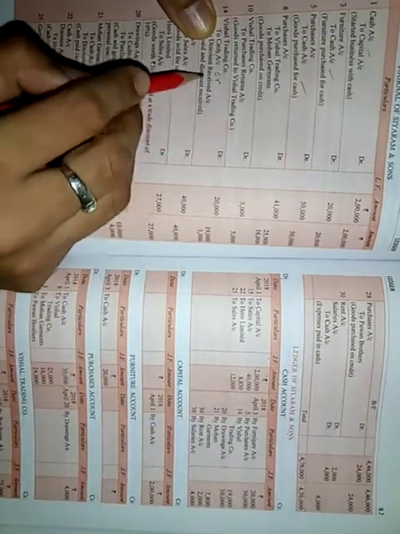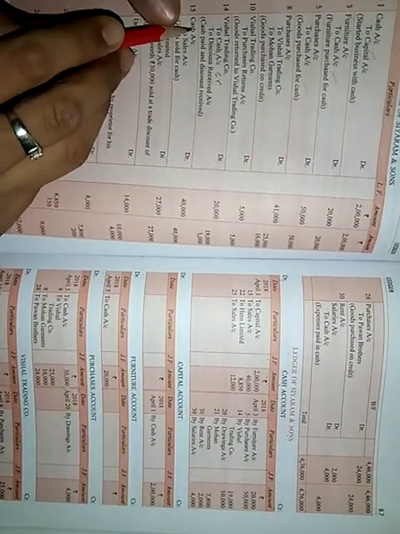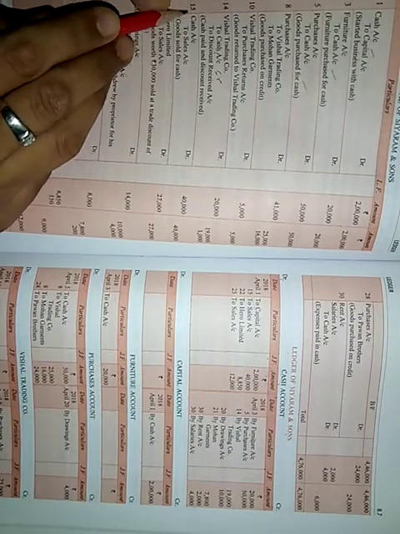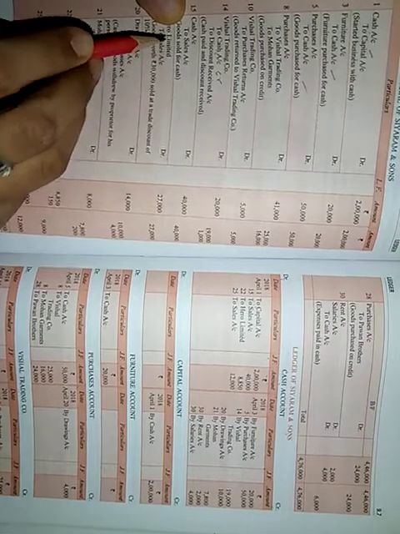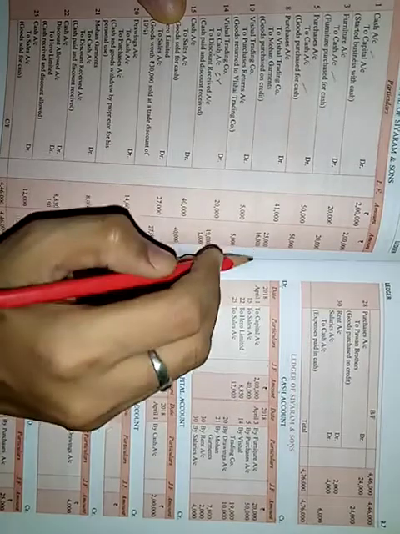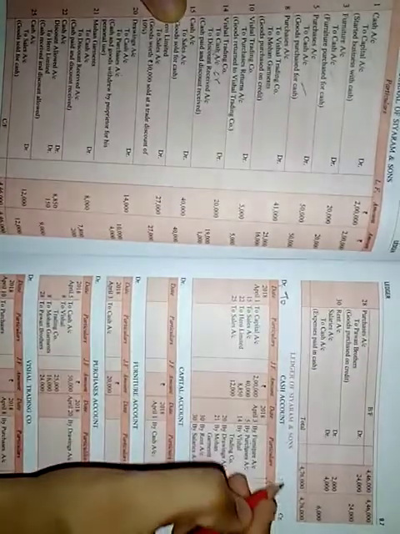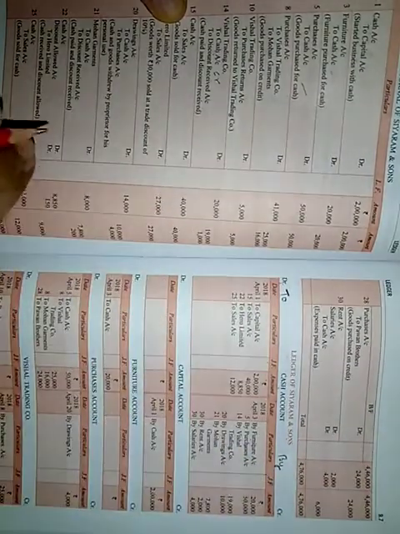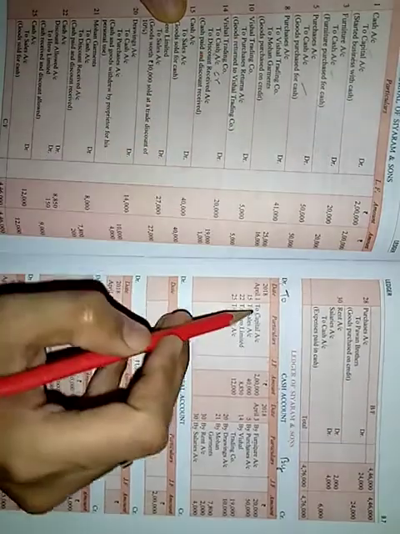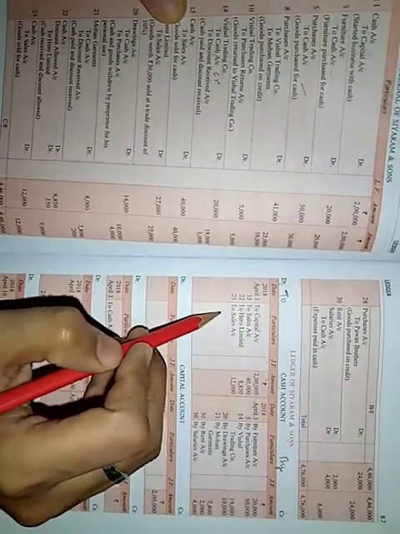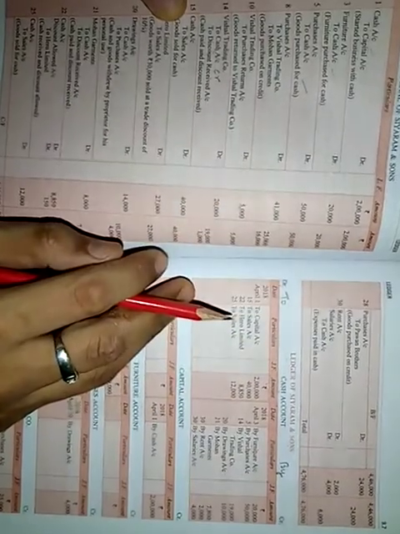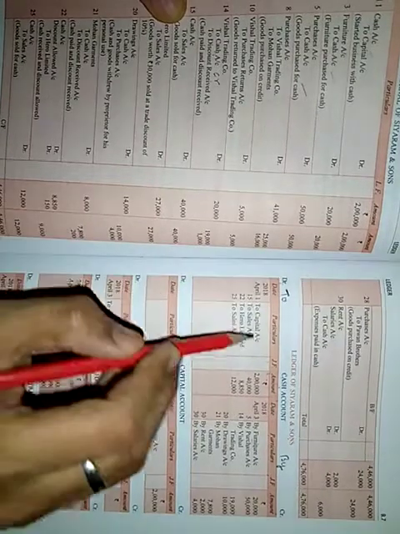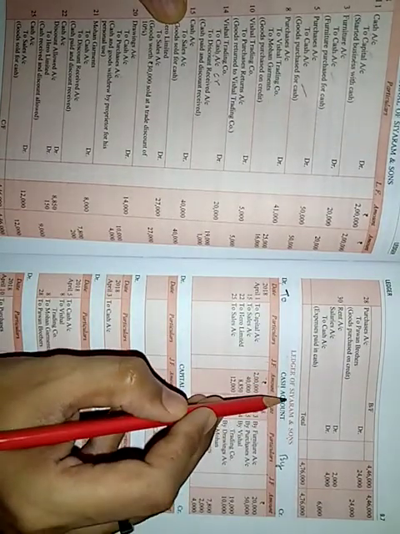Okay, so again we will start with the transaction of 15th April. Cash account debit to sales account, then we will write here to sales account. Okay, you can also call these transactions the to side, and this is the by side. Okay, all the to side transactions will be transferred to the debit side of cash account, that is the left side, but only related to the cash account.